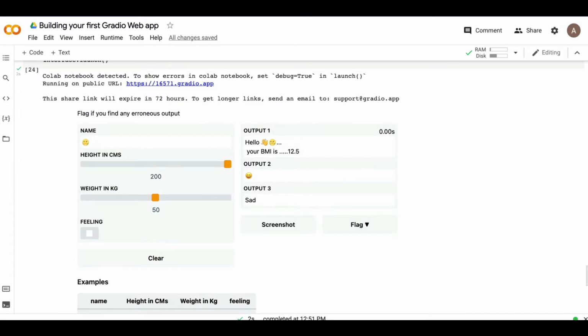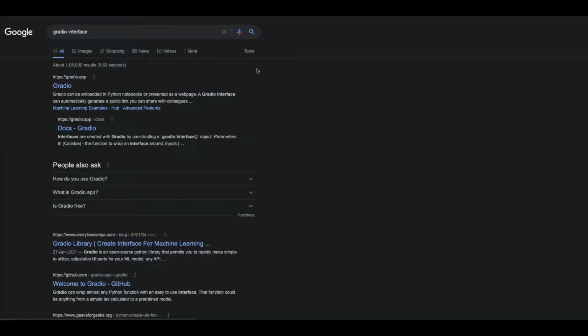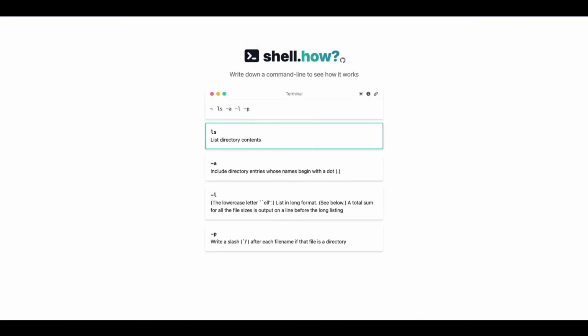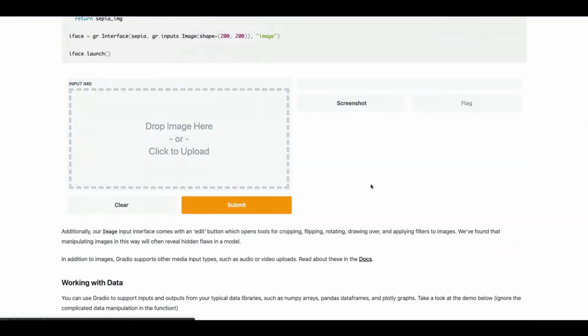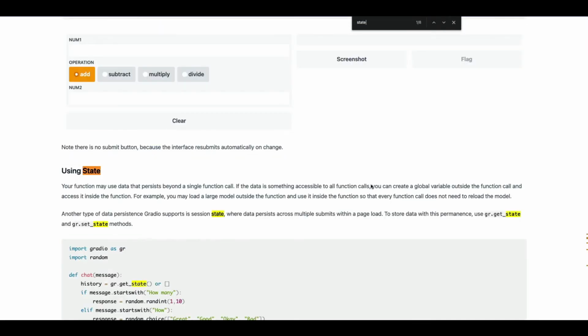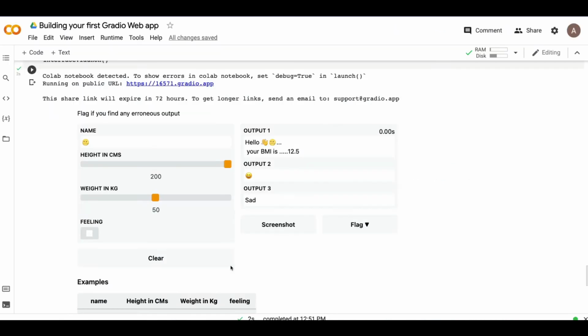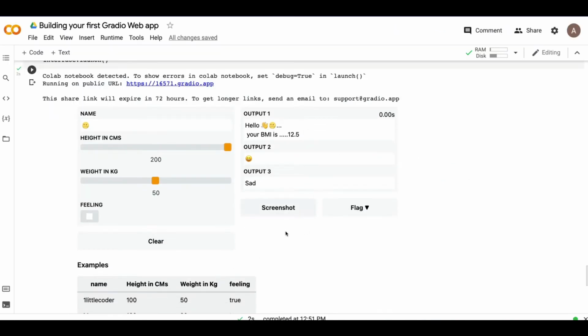The final thing that I wanted to highlight here is using state. So what is state? Let me quickly show you state here. Gradio getting started. I'm going to copy the example from the Gradio page. One thing that you know very clearly is that every time you click submit in your Gradio application, the entire app resets.